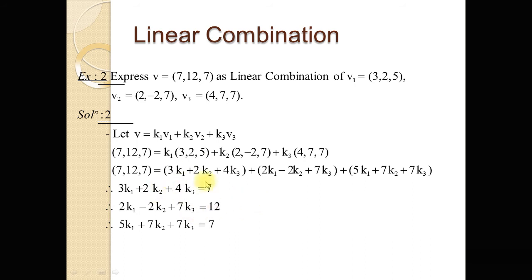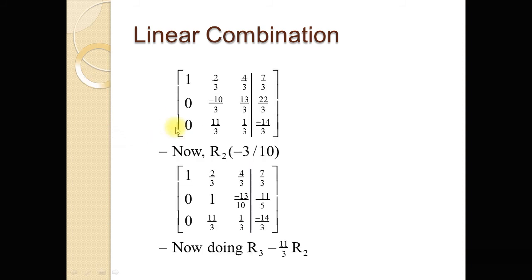Now we are going to find the values of these unknowns k1, k2 and k3. This is again a system of linear equations, and we can solve it by any method which we have already discussed, like the Cramer rule, Gaussian method, Gauss-Jordan method and inversion method. Suppose we solve this system by the Gaussian method. For the Gaussian method, take the augmented matrix you see over here.